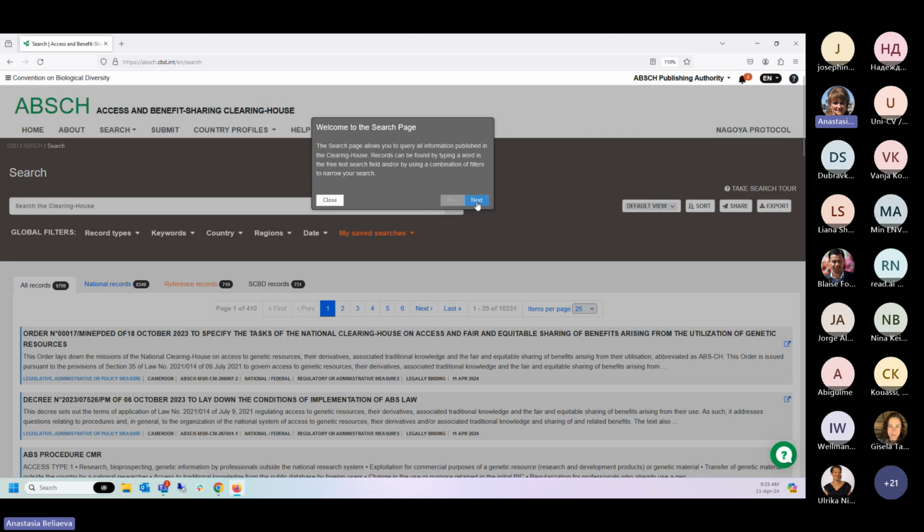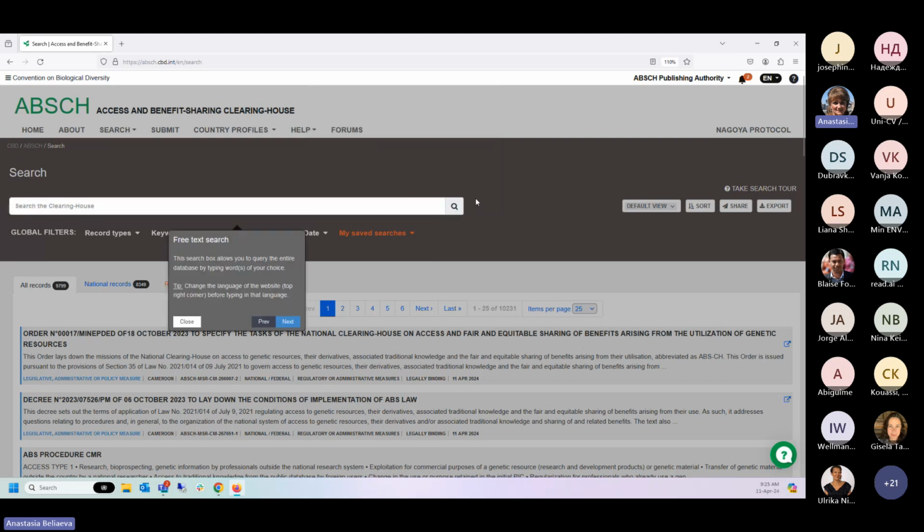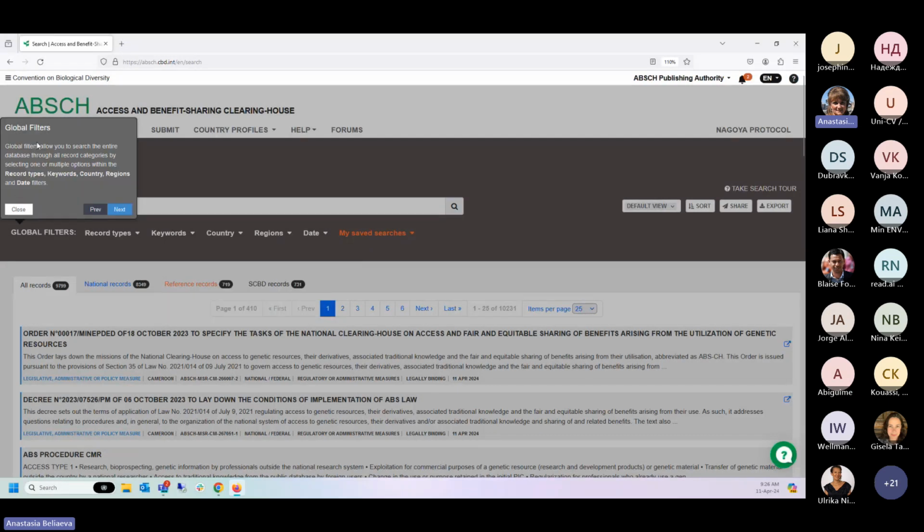And then when you click Next, you get another slide that moved. And now it points to this free text search box and explains to you briefly what this text is about. So these are virtual slides that move and point to different sections of the website, of the page you're on, and describe their functionalities. So let's finish the slide. Let's see where it takes us. So click on Next. You see it moved. Now it describes global filters.